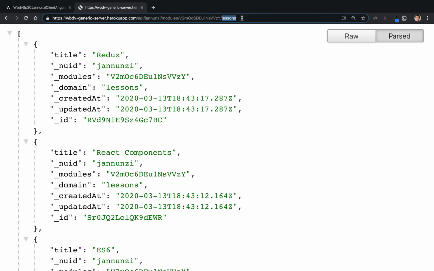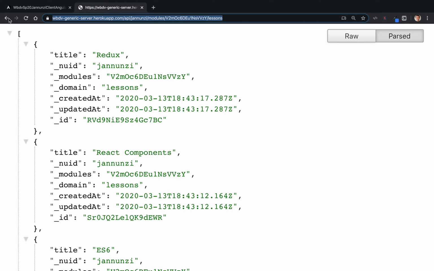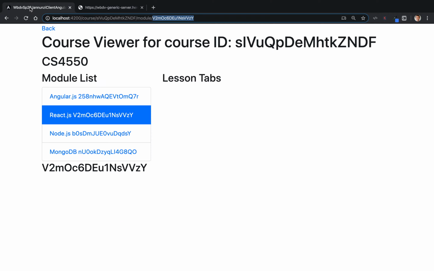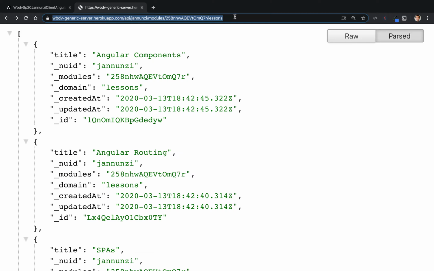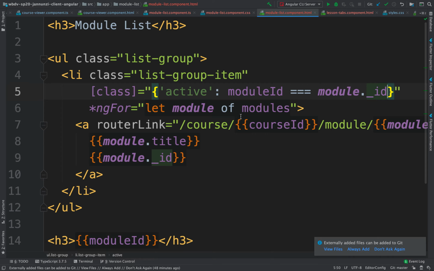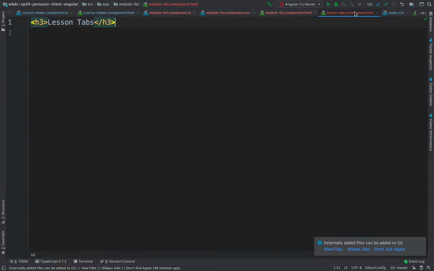API that allows us to retrieve different lesson objects for a particular module, and we can certainly pass in different IDs for different modules, right? And so we'd like to be able to do this from our application right here in this lesson tabs, right? So let's use one of these URLs. Let's copy that, and let's head over to our source code, and in our lesson tabs component